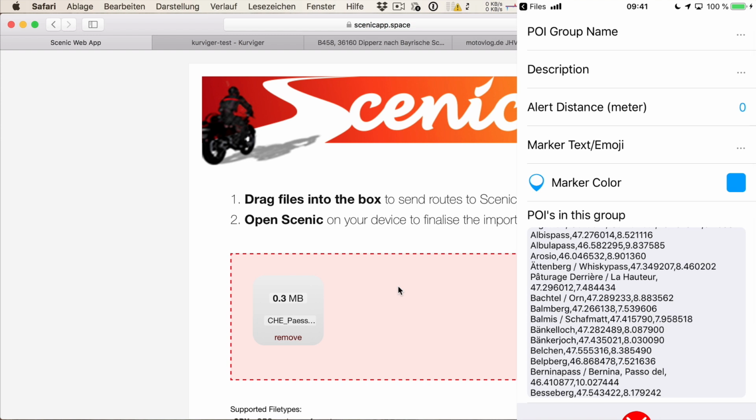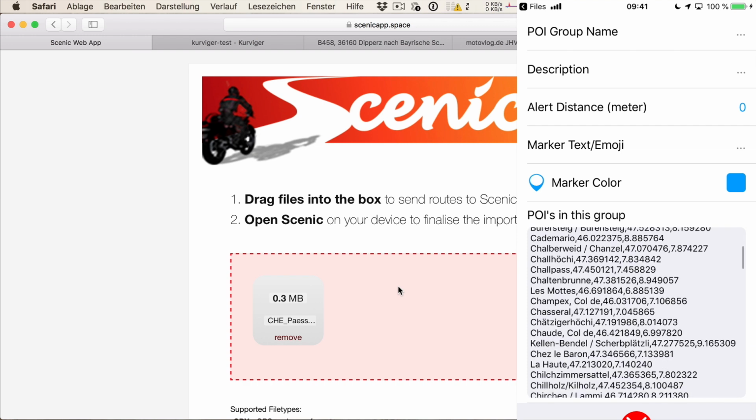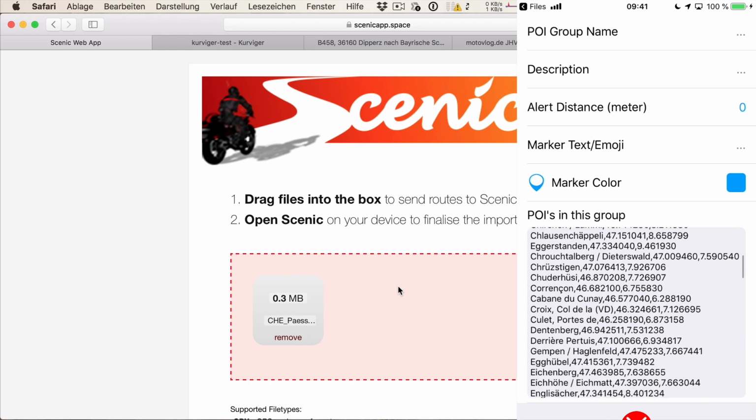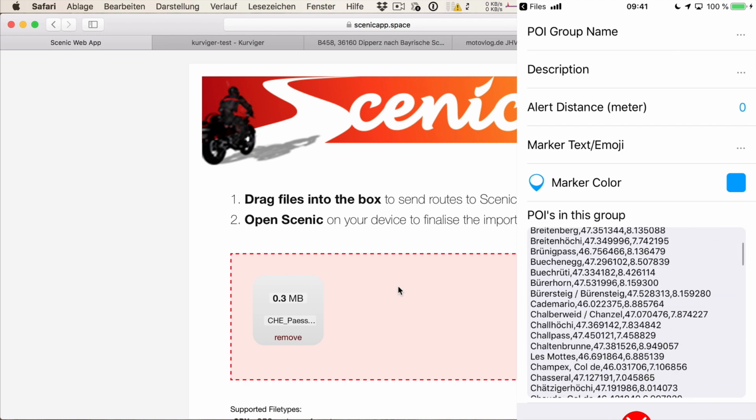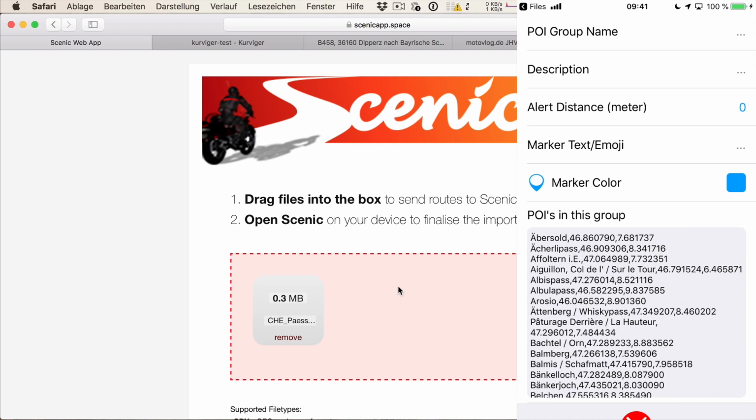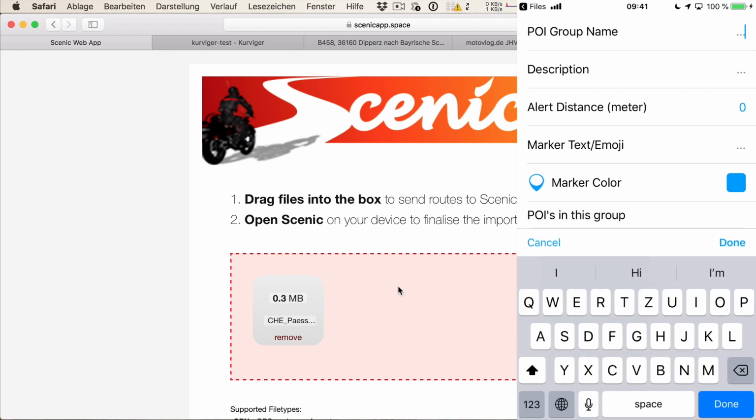And now you can see here are all of them, so it's way easier. This is what I mentioned when I covered this topic regarding the personal POI group. It's easier to get it this way via a GPX file that you send via the Scenic web app, instead of preparing all these waypoints in the right format in a text file or whatever and then pasting it into this field. You can still say, okay, this is